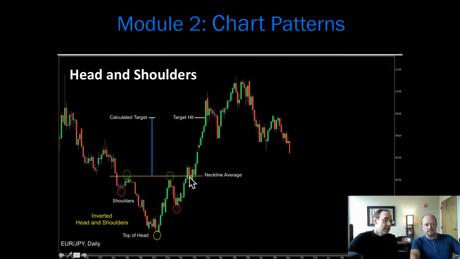Once it hits the neckline, that is a fully formed head and shoulders or inverted head and shoulders pattern. And from what I noticed, it could accelerate like it showed in the first slide. But here, even the fact that it was trending along with some support and resistance gives an indication that there's something there too, right? Correct. And there could have been a Fibonacci or some other horizontal support and resistance there in order to make it do that.